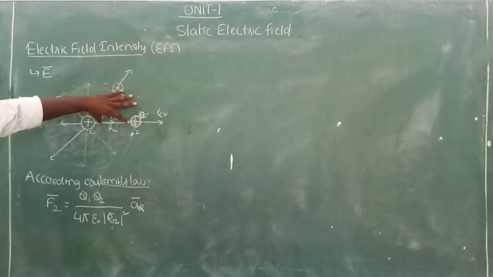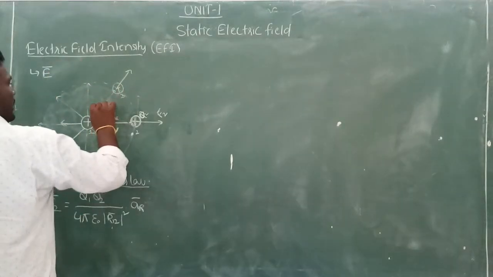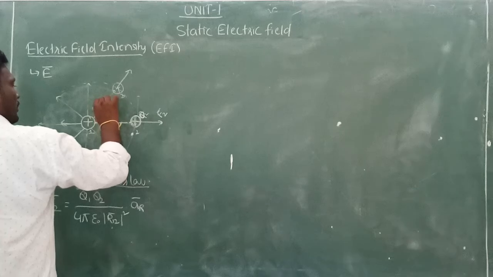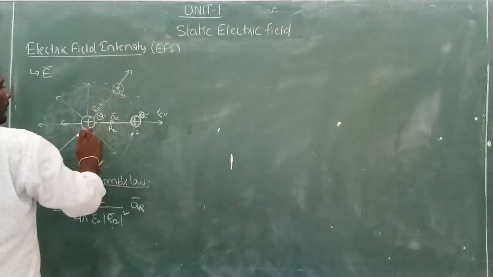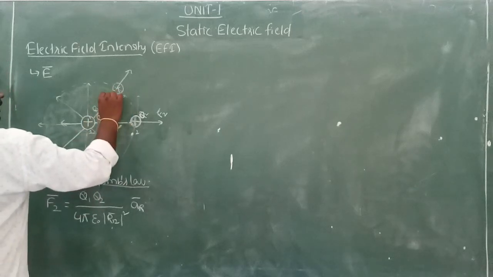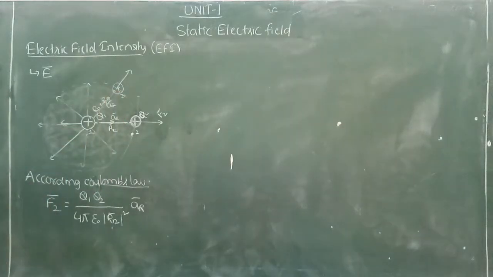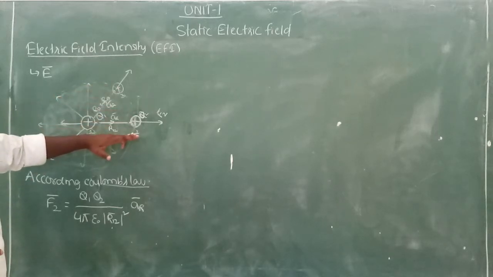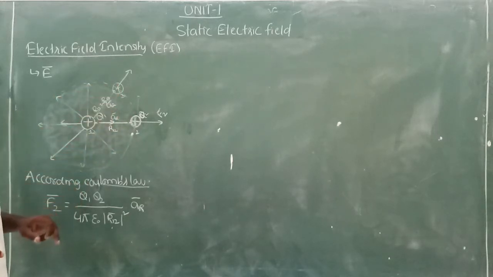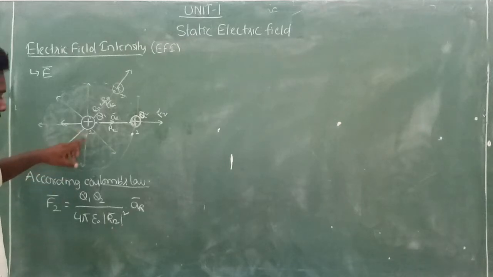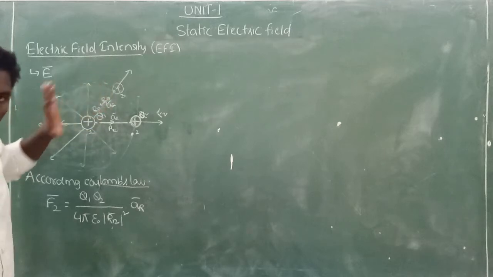Distance is R12 here. Here also the same distance I am maintaining, which is also R12. But here we should write, because of 1 and 3, I am writing R13 and direction is towards AR bar only. Okay. Now, does this force change from position 2 to position 3? No. Why? Because the magnitude of charges are Q1 and Q2 only.